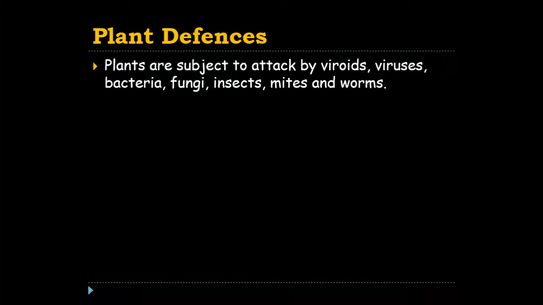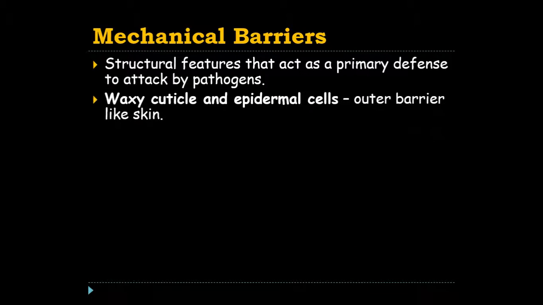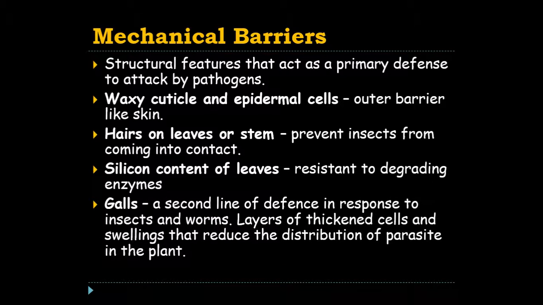If you're unsure about what any of those pathogens are, please refer back to the video Infection and Disease, I think it's called, that goes through the different types of pathogens. So mechanical barriers are structural features or structural items that plants have that can stop pathogens from entering. So what I would do is just summarize these couple of dot points as examples of structural features